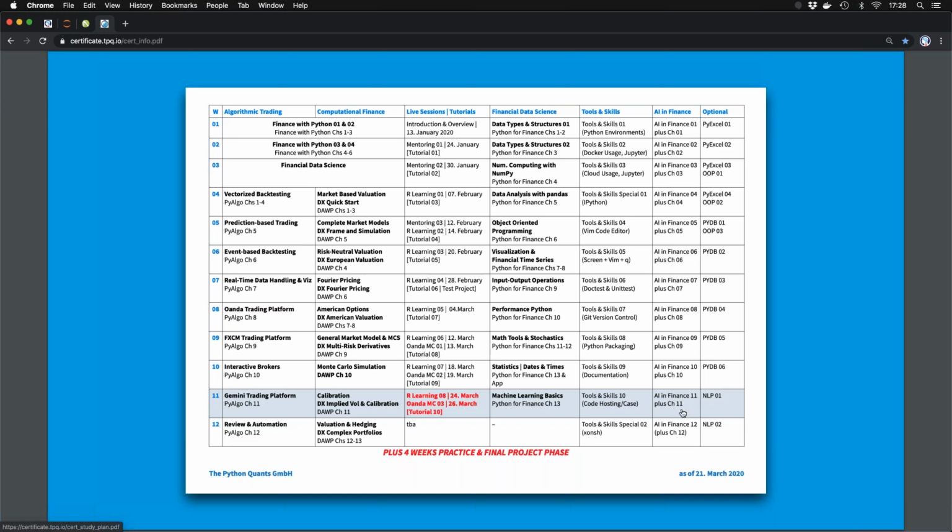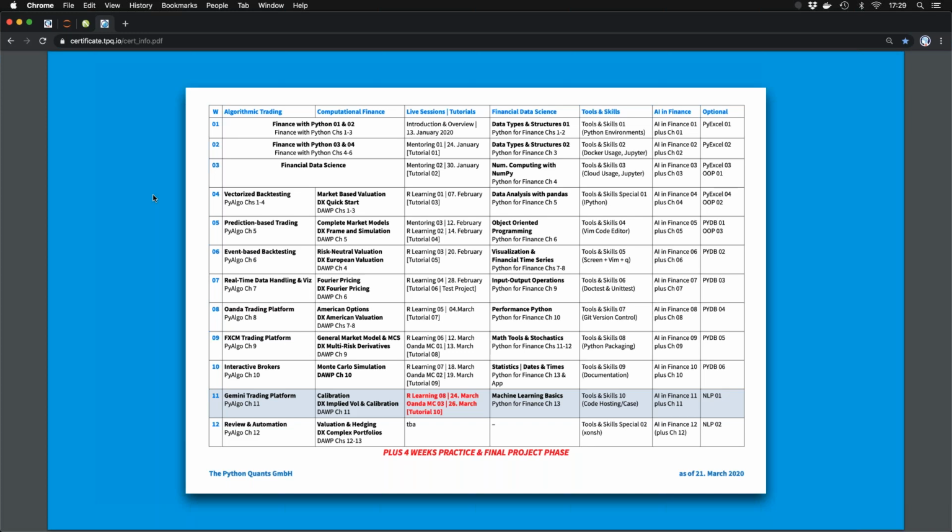So in addition to AI in finance, which has 12 classes, we now have reinforcement learning with 8 additional classes only focused on reinforcement learning. In the optional category, you find Python for Excel, object-oriented programming, some deeper stuff there, Python for databases, and NLP, the classes that we covered. So this is your major guideline, and you would go through week by week. Even if you might take 2 weeks for the first week, the sequence is what you should follow here.